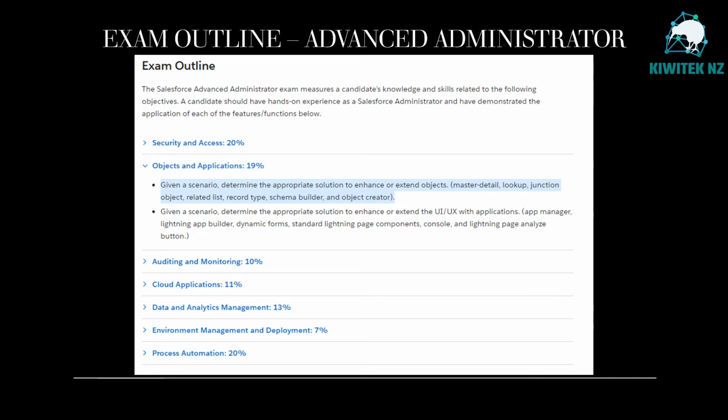This topic is important not only for administrator, but also for advanced administrator certificate. The exam guide for advanced administrator gives 19% weightage to objects and applications. The keywords are given a scenario. So expect questions on real life scenarios where they expect the administrator to come up with solutions to the requirements in the scenario. In this video, we will be looking at the different type of relationships and the considerations for